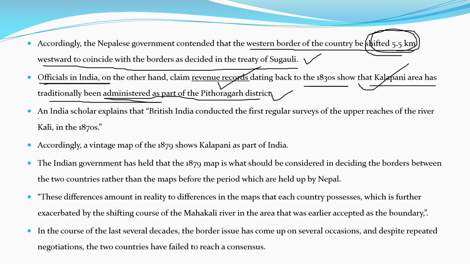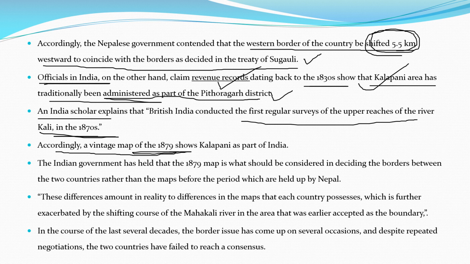so this should be the part of Indian territory. Okay, and one Indian scholar explains that British India conducted the first regular surveys of the upper reaches of the river Kali in the 1870s only. Okay, so accordingly a vintage map released in 1879 shows Kalapani as part of India. Okay, so जो 1879 में ब्रिटिशर्स ने जो मैप रिलीज किया था, that was part of India. So the Indian government has held that 1879 मैप जो है उसी को ही कंसिडर किया जाना चाहिए to decide